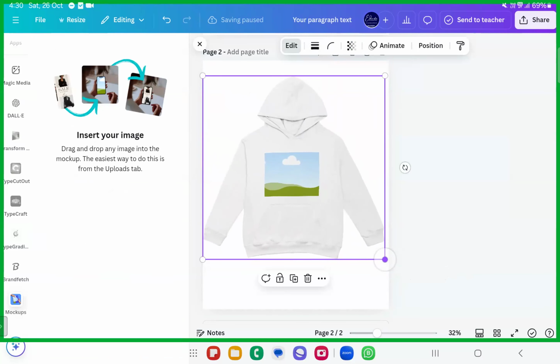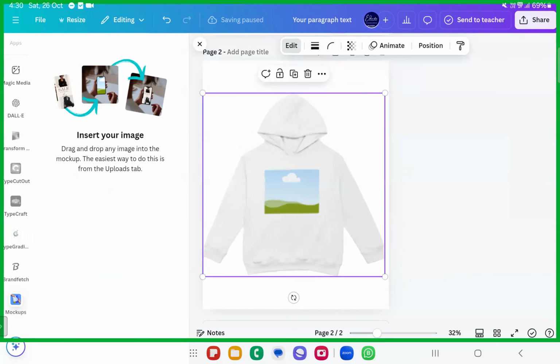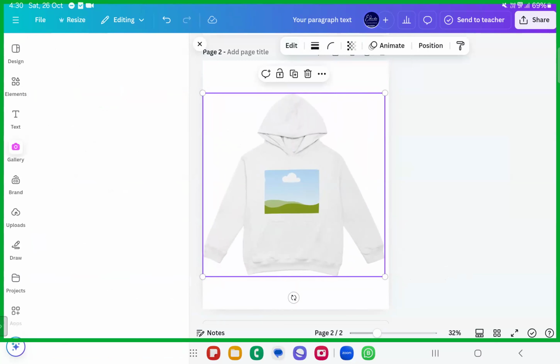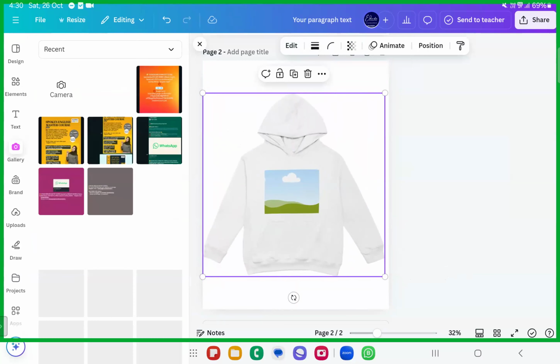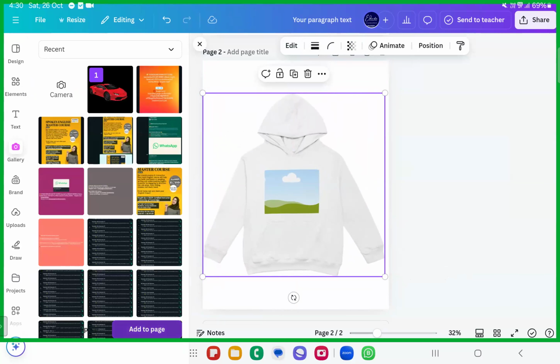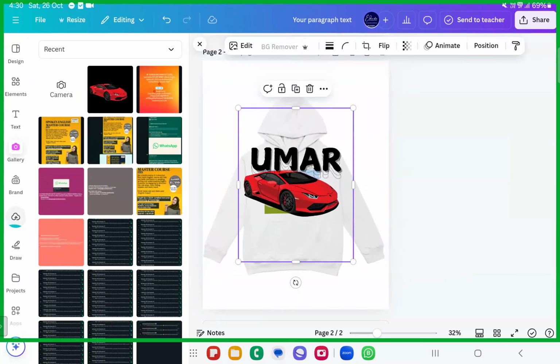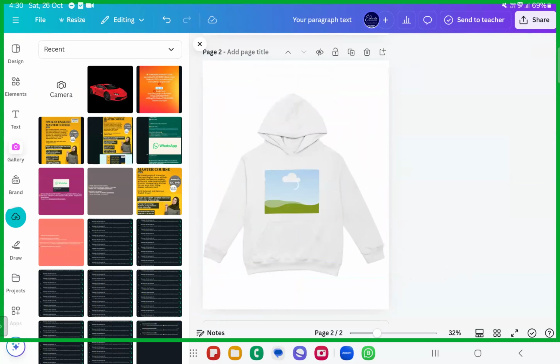Okay, I've downloaded the image, right? In front of you, hopefully you have seen that. So this one, they'll send it to you. Upon this, they'll add what we have just downloaded from the gallery, with the transparent background. We just have downloaded it, right? We'll just take it over and add it over to this. Okay, that's all.